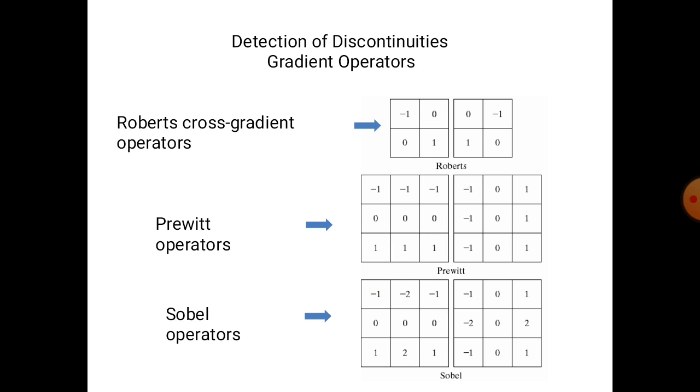When a diagonal edge direction is of interest, we need a 2D mask, a two-dimensional mask. The Roberts cross gradient operators are one of the earliest attempts to use a 2D mask with diagonal preferences. So consider here the 3 by 3 region. Masks of size 2 by 2 are simple conceptually, but they are not as useful for computing edge